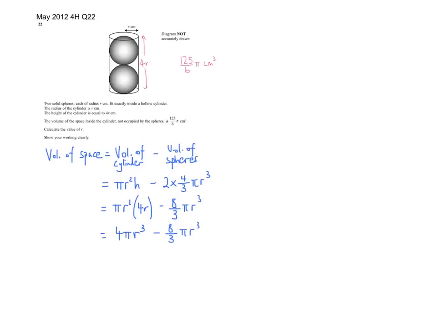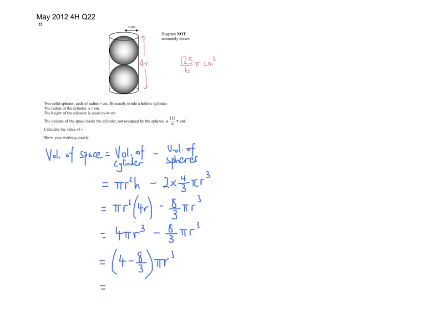So just to put everything in, h is 4r, I've multiplied 4 over 3 pi r cubed by 2 to give 8 over 3 pi r cubed, and then I've multiplied out this bracket here, so pi r squared times 4r is the same as 4 pi r cubed. So I'm left with this,